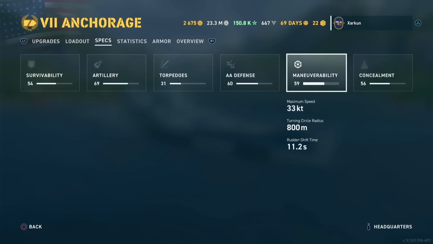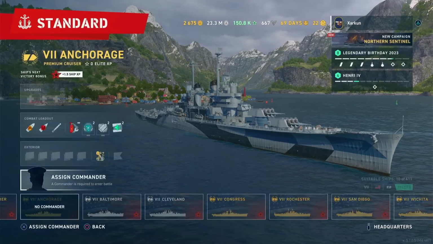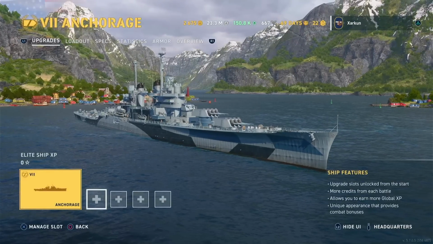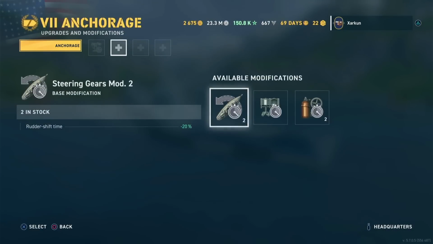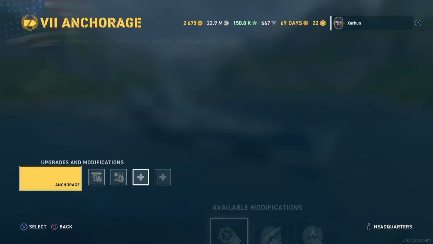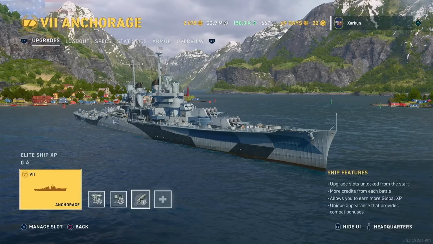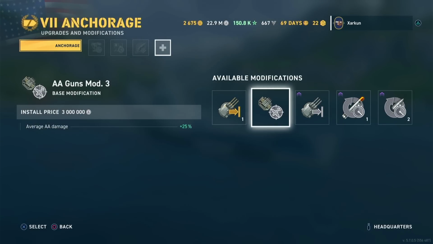AA, who cares? Maneuverability, 33 knots is good. Turning circle's a little big. Rudder shift isn't great. Concealment, 12.3 base. Okay. So here's how we're going to build this ship then, given these stats. We're going with Aiming Systems Mod 1. We're going to go with probably Propulsion Mod. And of course, Concealment. And then we are going to go with...